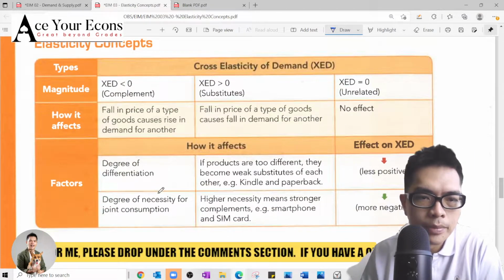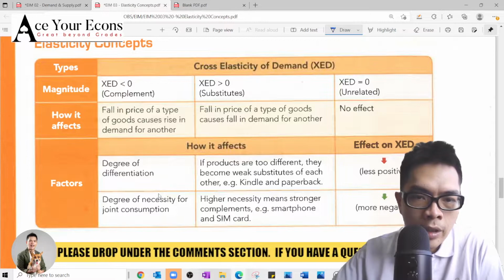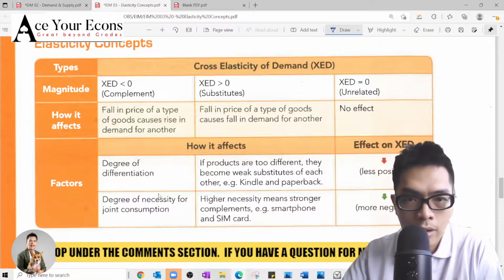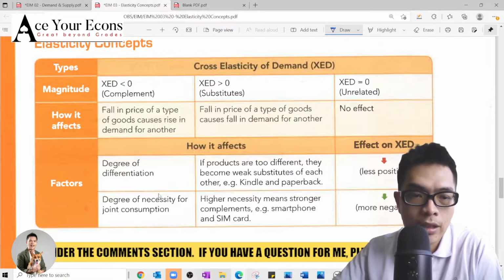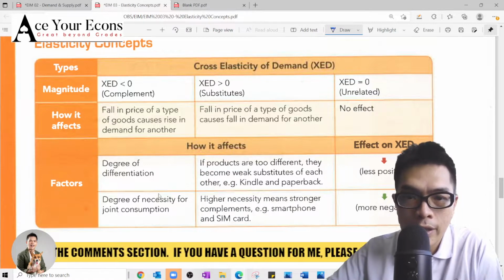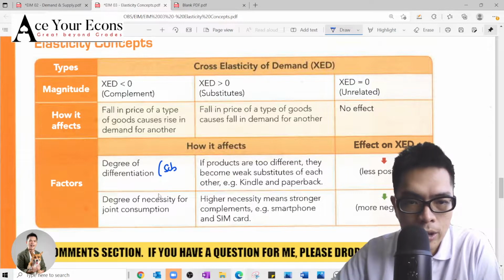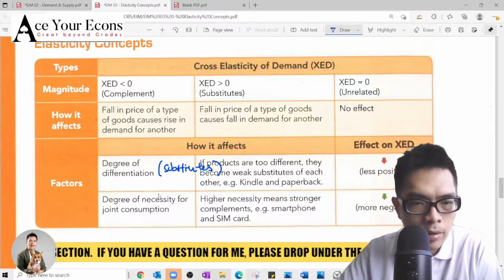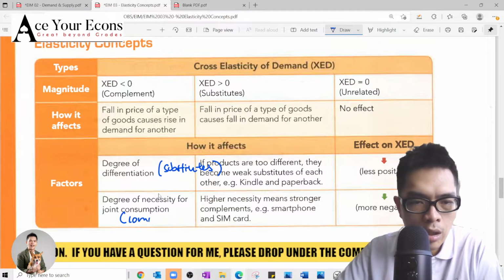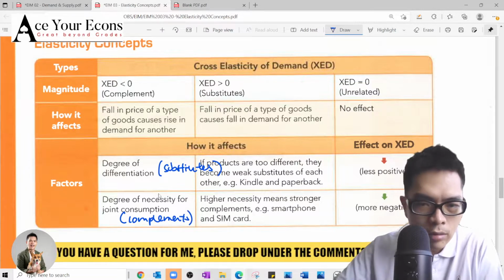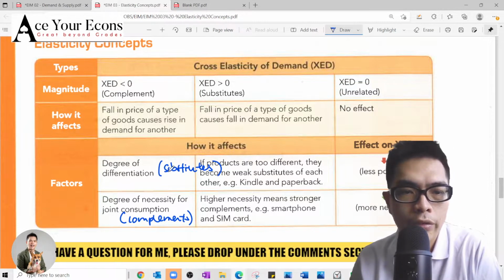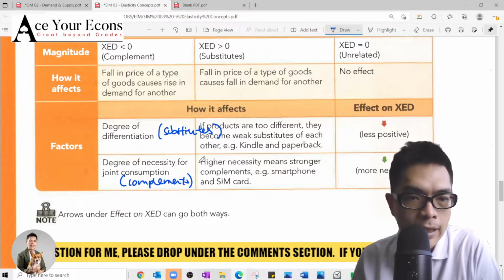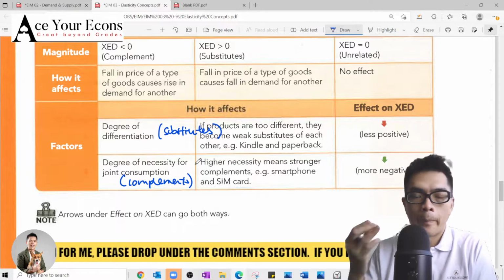So now let's look here. There are two factors that affect the degree, or size, of your XED. Degree of differentiation normally relates to substitutes. Degree of necessity of joint consumption depends on complements. And these two come relatively intuitive. So for instance, for degree of necessity of joint consumption,